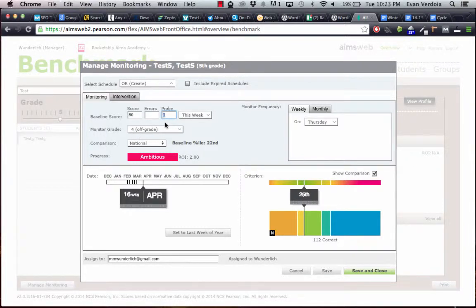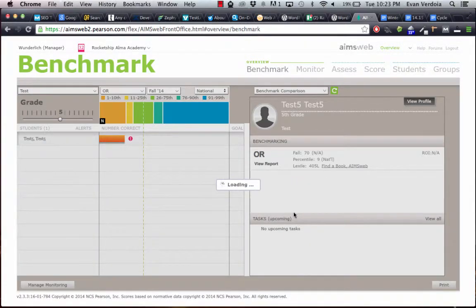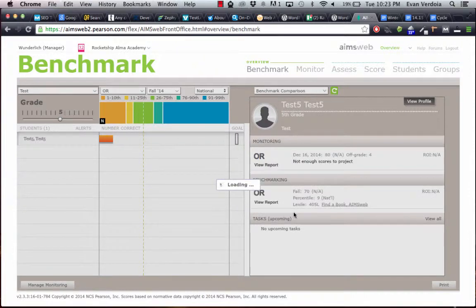monitored off grade level, I'm going to go ahead and put probe 4 because the system recognizes probes 1, 2, and 3 as on grade level probes. So we need to put probe 4 so it recognizes it as an off grade level probe. I'm going to hit save and close. And what will happen is the student's exclamation mark will disappear and they will get the empty goal bar on the right hand side. And you'll also be able to tell here that they